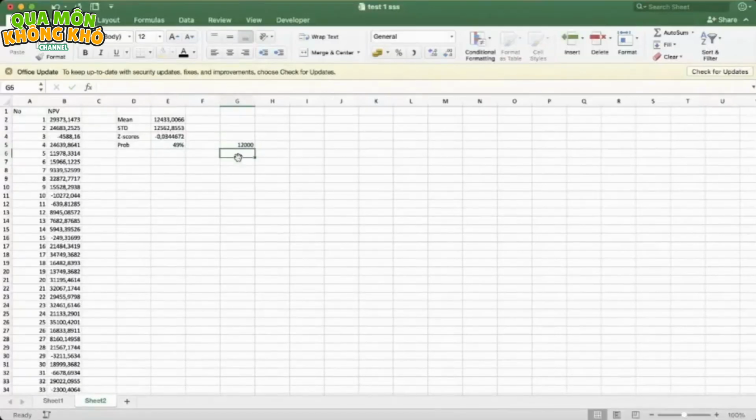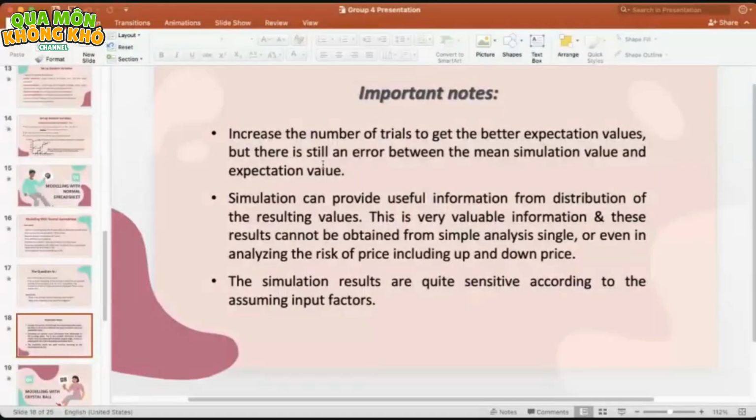You can see that the probability is about 49%. It's approximately the same as the mean. So from this, we can get the important notes, like increase the number of trials to get better expectation